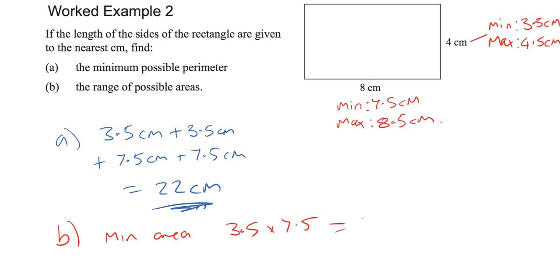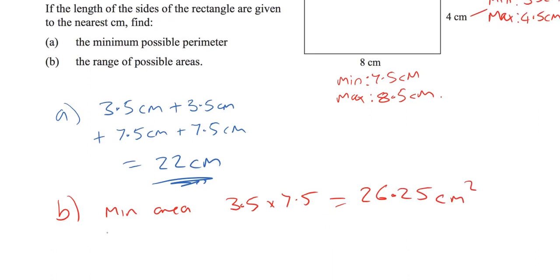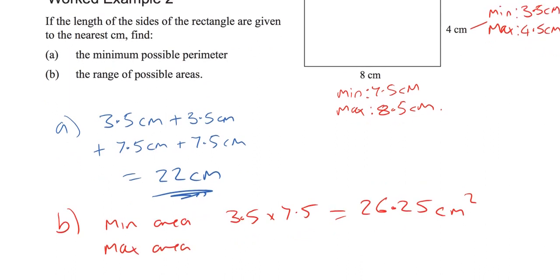Well, that comes out at 26.25 centimeters squared. Now, my maximum area, well, that's going to be the 2 maximum values. So I'm going to need to do 4.5 multiplied by 8.5. Okay, that comes out at